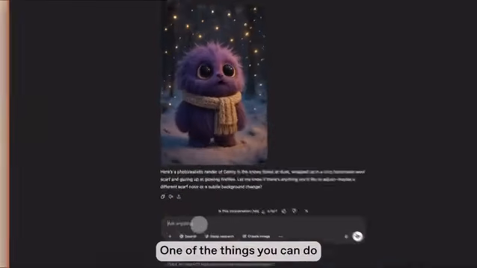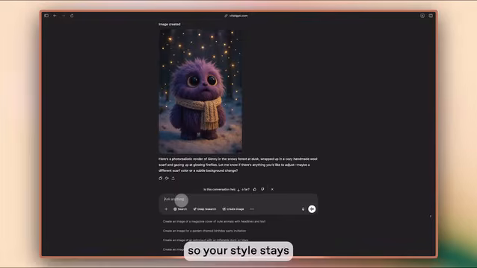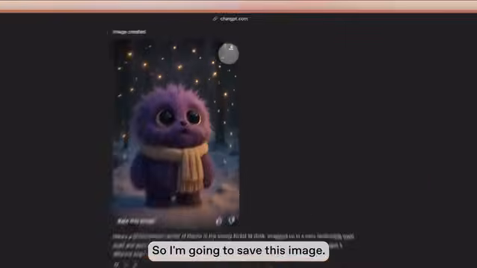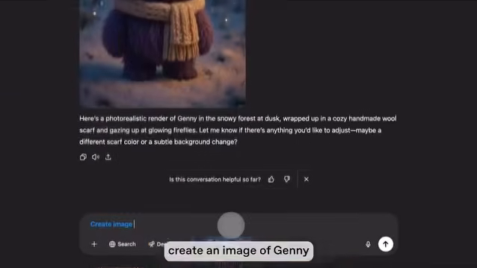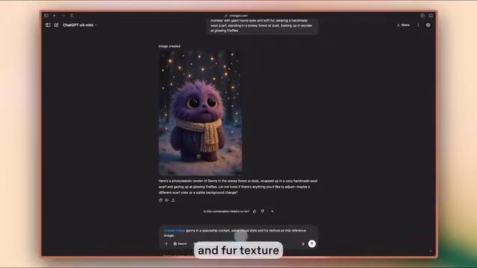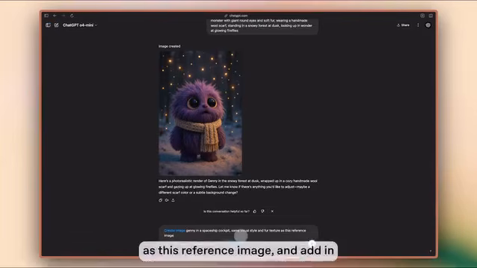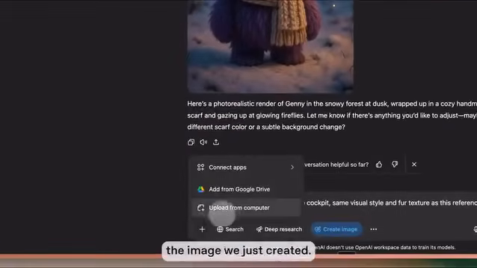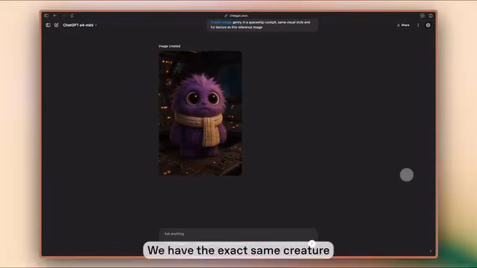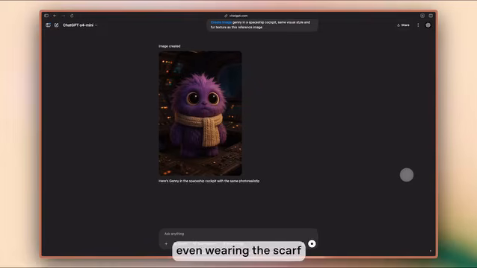One of the things you can do is upload a reference image so your style stays consistent across these scenes. So I'm going to save this image, create an image of Jenny in a spaceship cockpit with same visual style and fur texture as this reference image, and add in the image we just created. We'll generate. And perfect. We have the exact same creature even wearing the scarf, and we can keep tweaking and